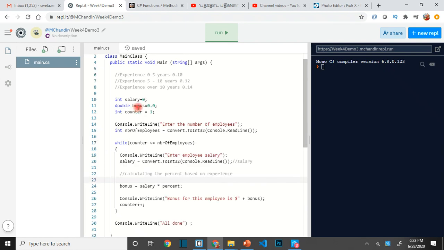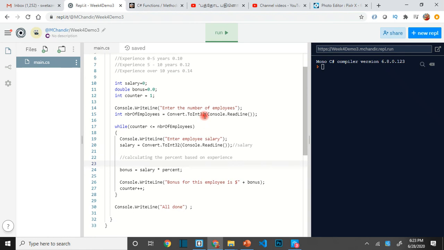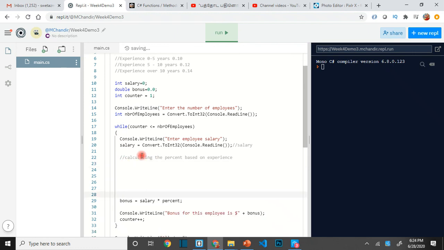Already our code is not very little anymore, right? It's got the while loop, it's got input and output, it's got a counter, all the stuff going on, and then we have a bunch of variables declared. So it is already hard to read. So if you are going to add a switch statement or a for statement or something here, it is going to affect the readability of the code. That is number one. Number two, you are calculating bonus here,